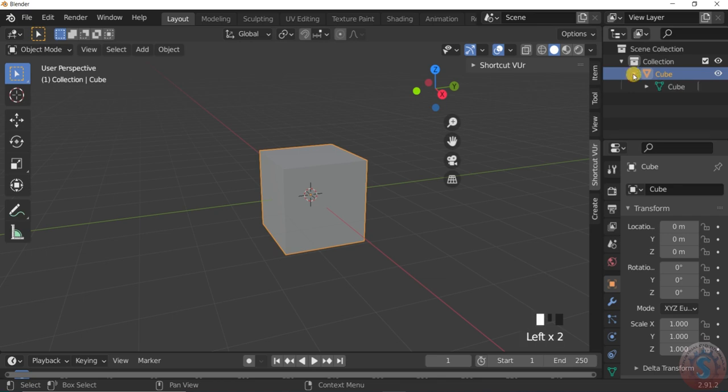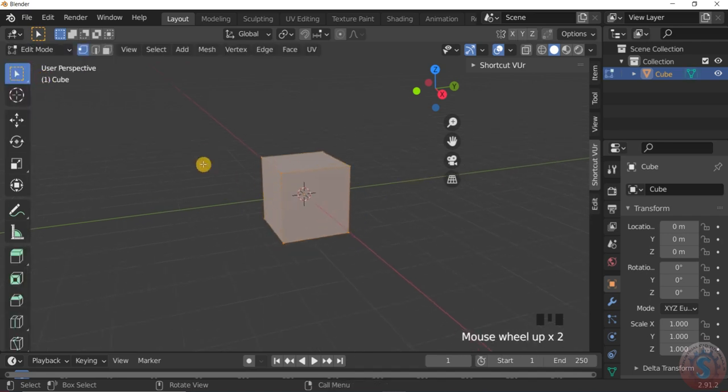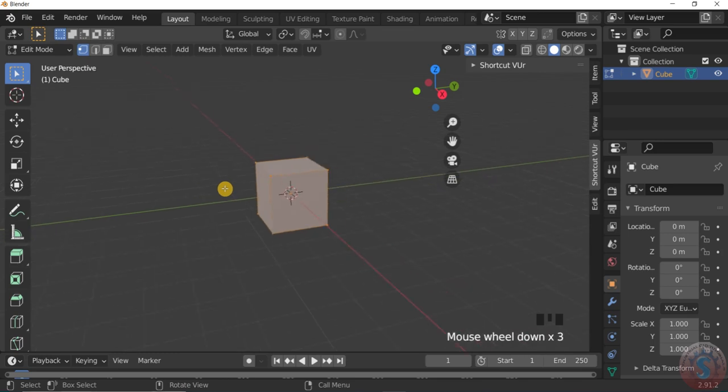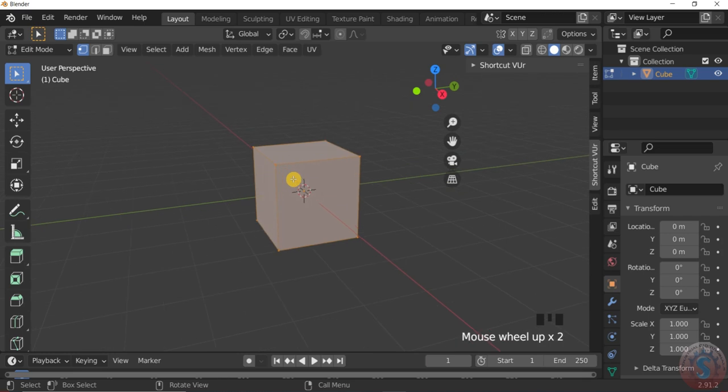This is the cube created. Select the cube here, then it is highlighted. You can observe on the screen and go into the object mode. We are in object mode here, and now go into edit mode. You can observe here in edit mode the three types: vertex, edges and faces. These three are important. I will show the features in the next tutorials.